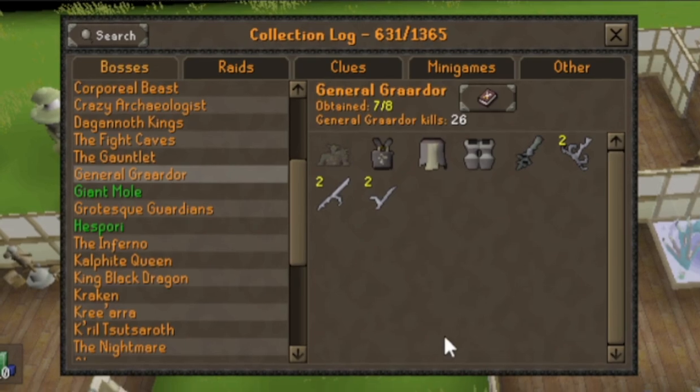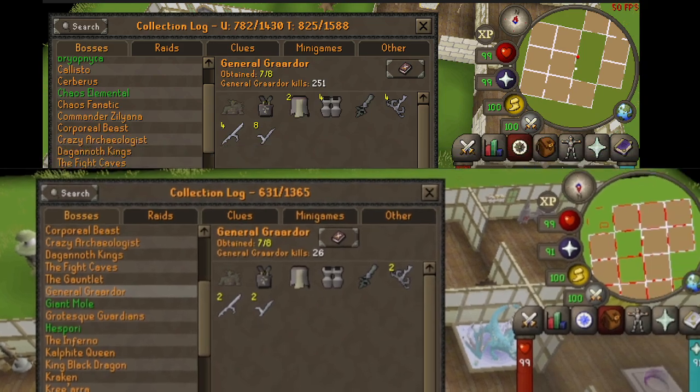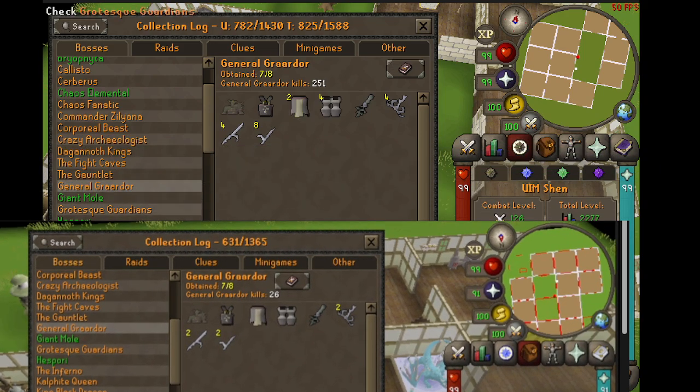Absolutely the most disgusting log that might ever exist. No pet, but still a very, very broken log. But yeah, I had to go back to Bandos. I needed components. I needed to get 2 Bandos components for my Torva legs. So I just decided I would KO Bandos until I either got the chest plate or the tassets. And let's see, it took me 225 kills, it looks like, to get another pair of tassets so that I was able to make the Torva legs. But yeah, I figured I would...